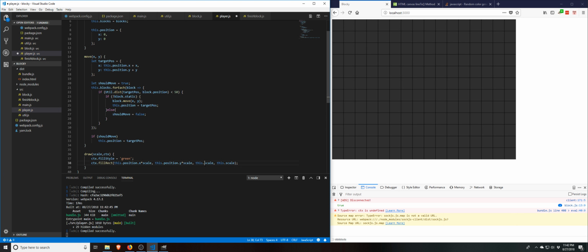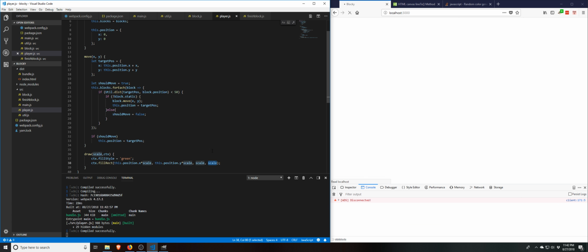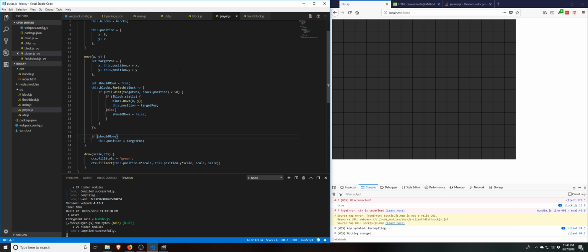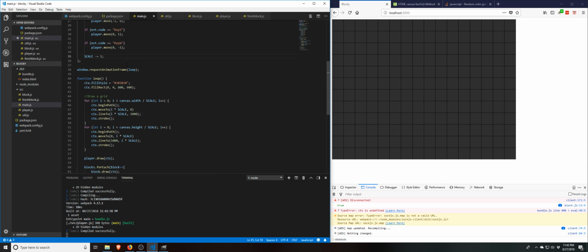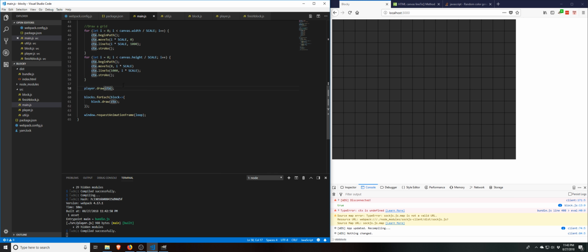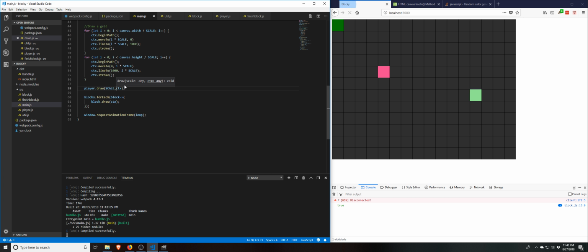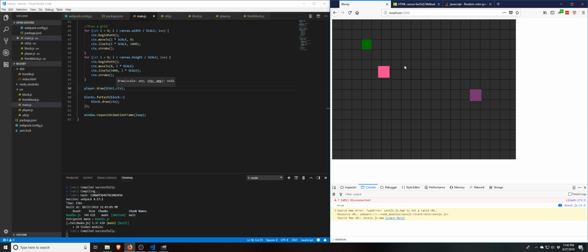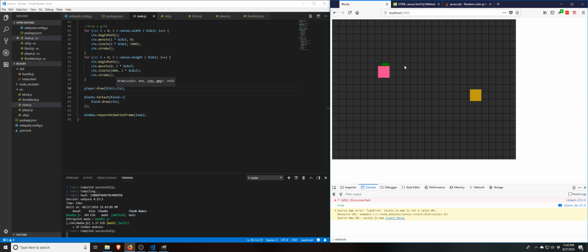So we use our local copy of scale instead. And then when we come back in here to draw, we say scale. There we go. Now you can see we're staying in the grid and